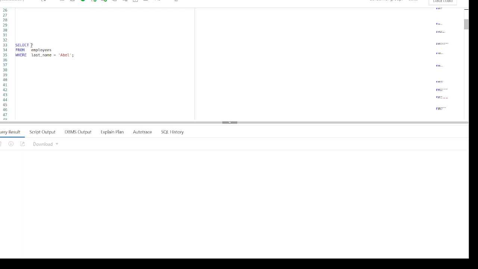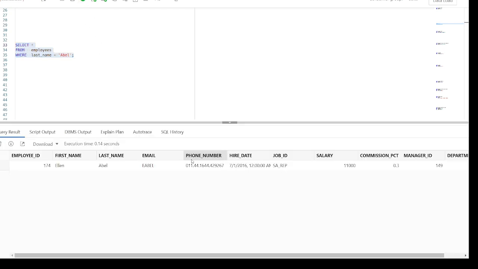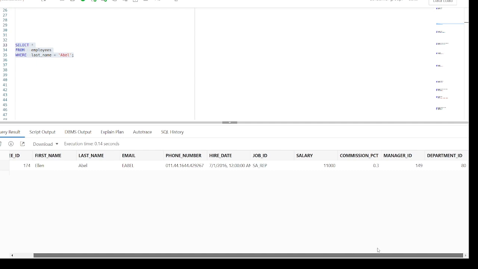Because the asterisk is used in the select statement, when we execute this query, all the fields from the employees table appear here in the result set. So you can see here the last name is Abel, and all the fields that we have in the employees table are displayed here in the results.